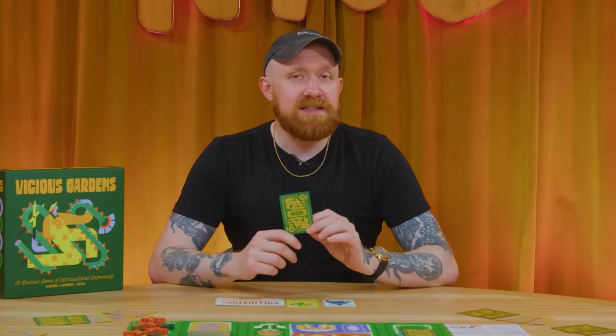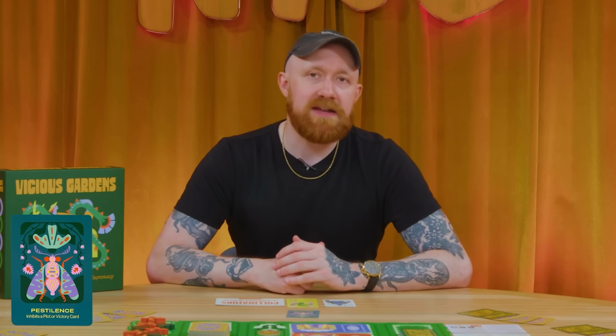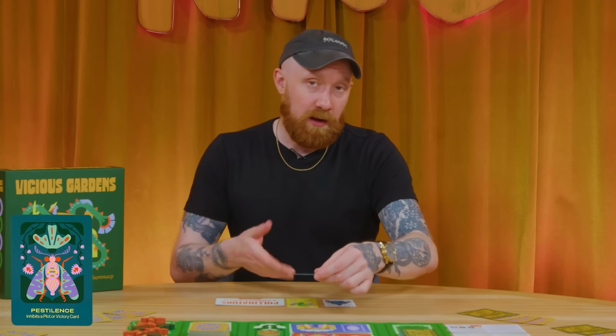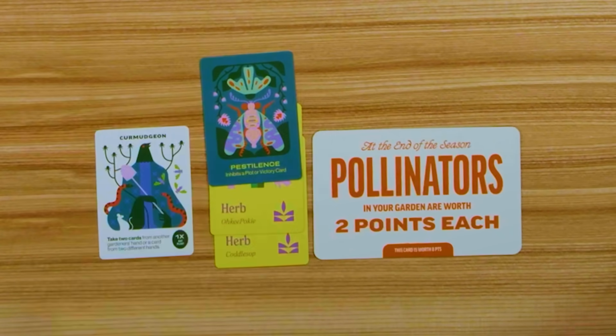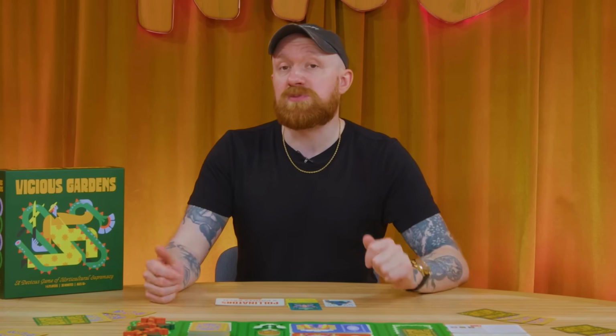The other type of cards are things like Pestilence, which you can play onto other players' plots of plants, try saying that 10 times fast, or onto their victory cards. Should you play it on another player's plot, I'll play it on my own plot here so you can see, it inhibits that plot, which means I can no longer harvest from the plot, nor are those cards worth any points at the end of the game, because each plant in your garden is worth 1 point at the end